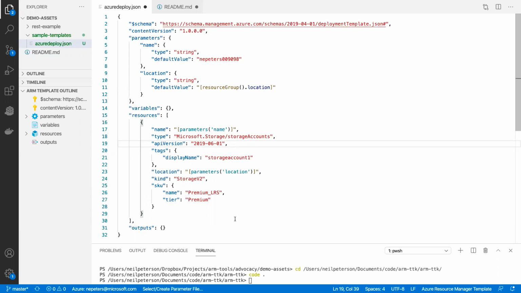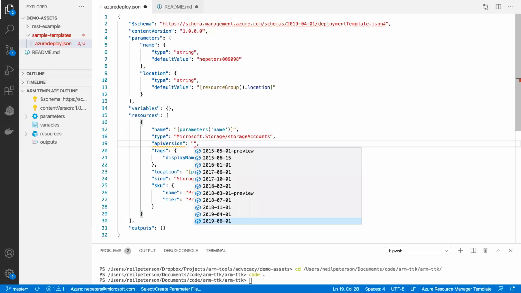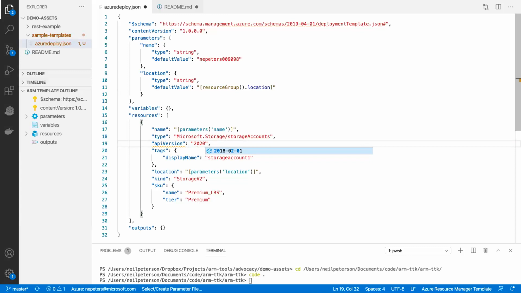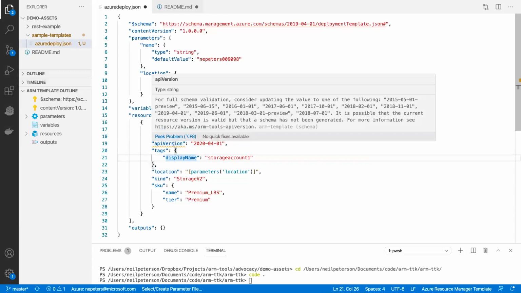Now, the other thing, in full transparency, is that we don't have schemas for every resource type. It's probably one of the biggest issues that we hear from customers with the accuracy of this tool. Let's just say the storage account has a 2020 version and you put it in here. Let's do 04-01. You're going to see this come back and say that may not